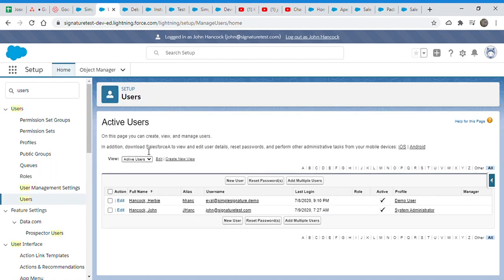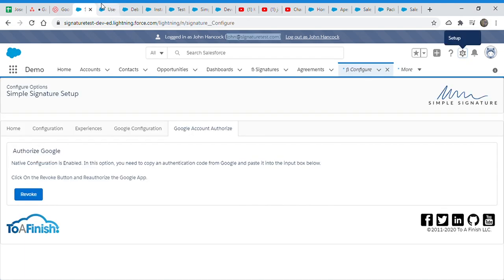So each user in Salesforce has to authorize his own Gmail account. We are not using John Hancock's Google access for other users, because maybe he has other accounts and other documents that other users cannot see.